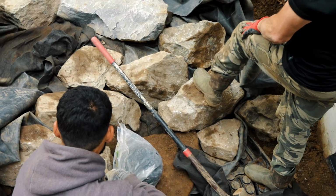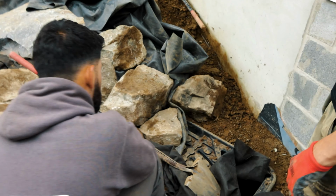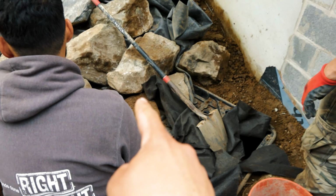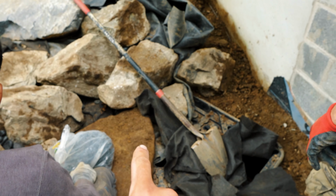Okay, we are moving right along here. Kevin and Billy are working down the bottom here, getting this all tightened up. They got this big rock that we actually pulled out from where the basin's sitting. This big rock right here. This is gonna be right in the bottom. We're gonna have a little bit of gravel tucked in that little spot right there. Water's gonna pool up right in there and just slowly trickle its way over this big rock back into the